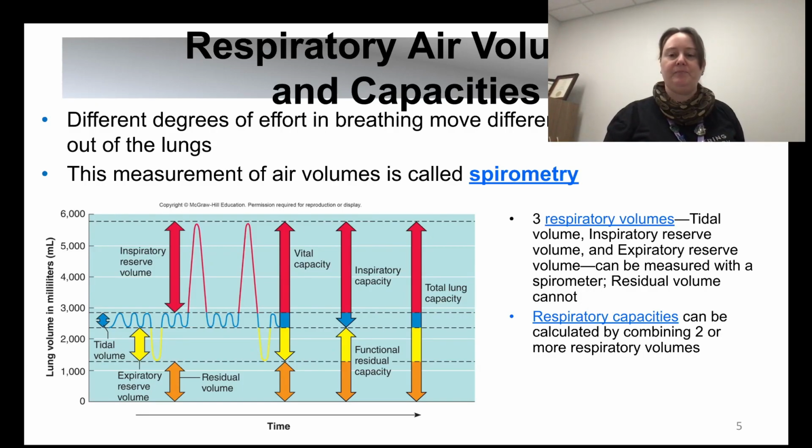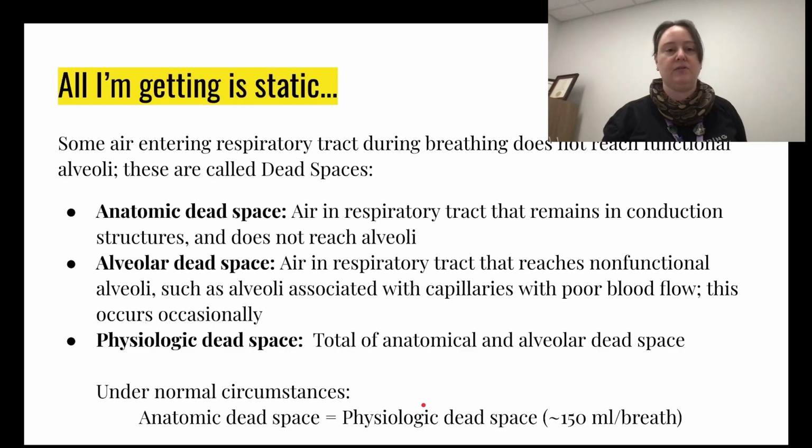All right, anyway, the only one that cannot be measured is the residual volume. So there you go. Tidal volume, inspiratory reserve, breathing in, vital capacity, kicking it back out again. Total lung capacity is basically inspiratory reserve volume, tidal volume, expiratory reserve volume, and then residual volume, what's left over in your lungs. Because there is air that actually gets left over in your lungs.